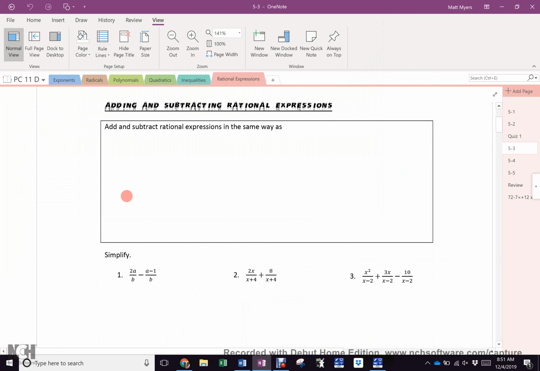Now you're intelligent young people. Multiplying and dividing rational expressions was exactly the same as working with fractions, right? So adding and subtracting rational expressions must be exactly the same as working with fractions, right? Okay, so